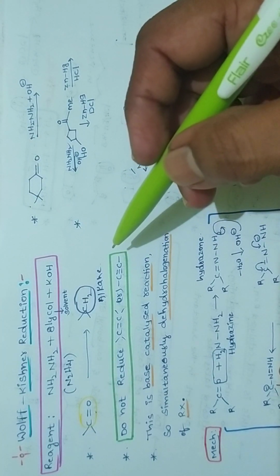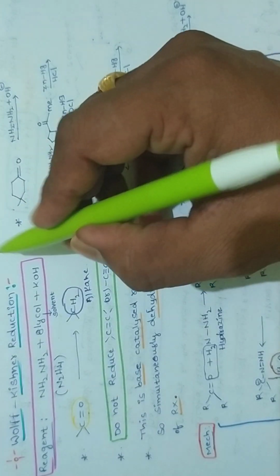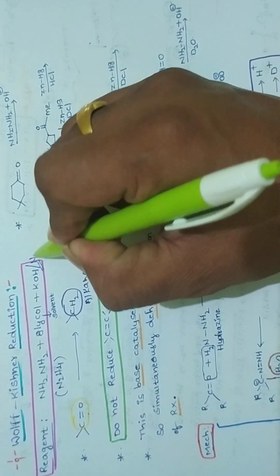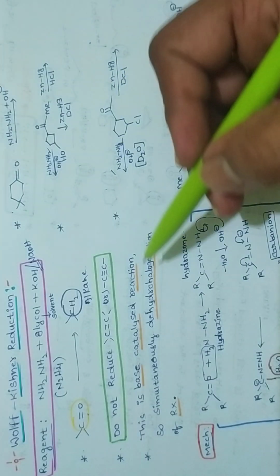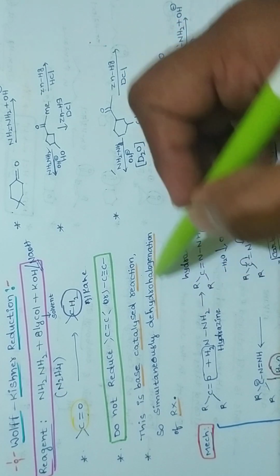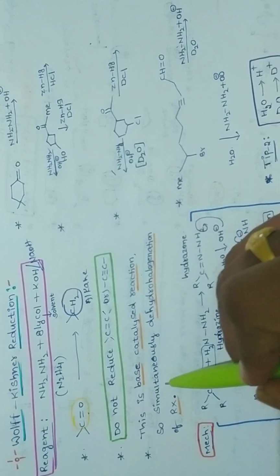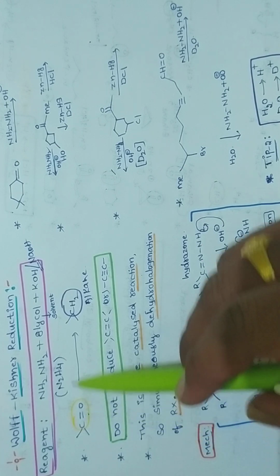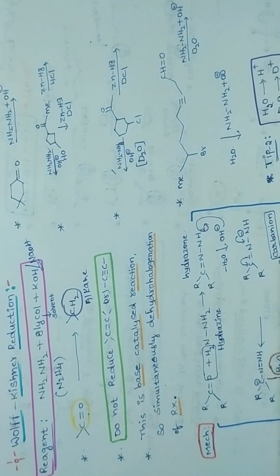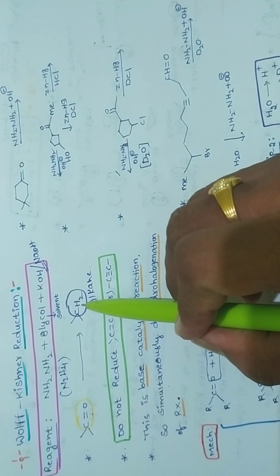Here these also do not reduce a carbon-carbon double bond or triple bond. Now this is called a base catalyzed reaction, because this reaction occurs in the presence of a base, either NaOH or KOH, any base. So it is a base catalyzed reaction. Therefore if halogens are present, what will happen? They are eliminated as HCl. Dehydrohalogenation takes place simultaneously: the CO group converts into CH2, as well as dehydrohalogenation taking place. Here also the CO group is converting into a CH2 group.